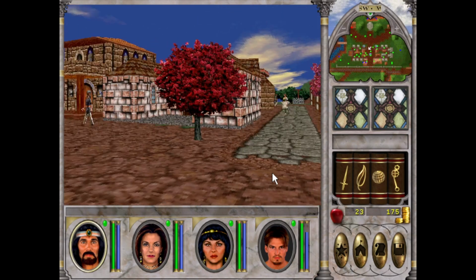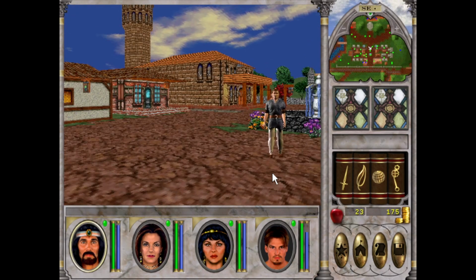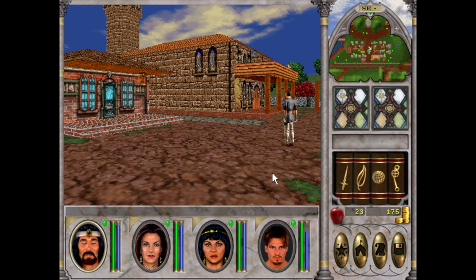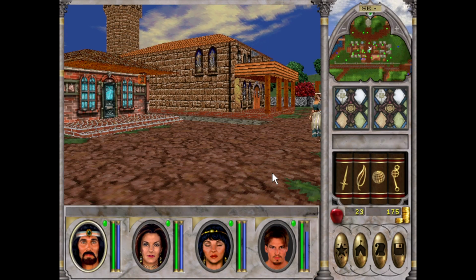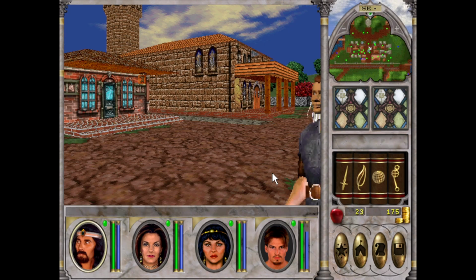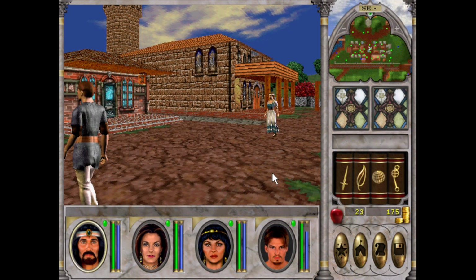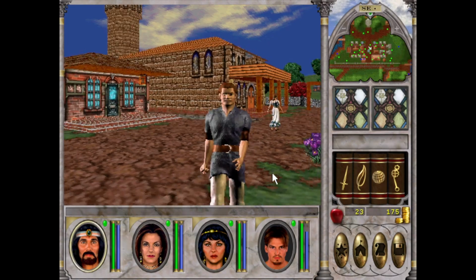So here you have four characters inside your team. We will go through more than 100 enemies. There are 100 different enemies in this game. The map is huge. The whole area is amazing. I think only the mentioned Daggerfall is bigger. But everything